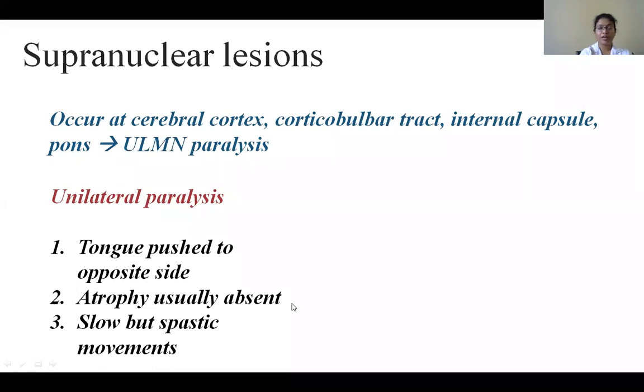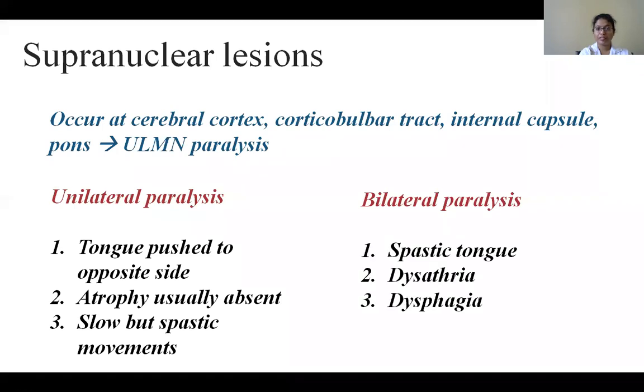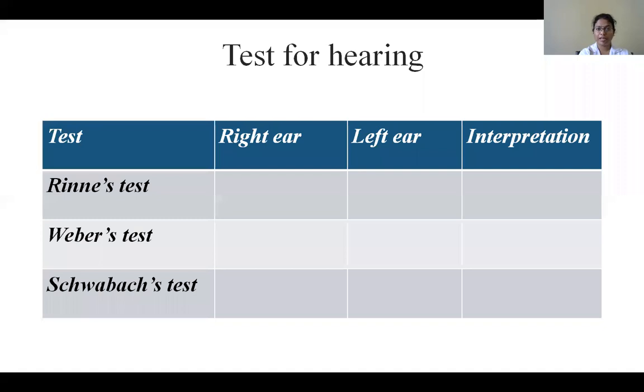And if you look at the movements of the tongue, they would be slow, but spasticity would be present. So spasticity is a feature of upper motor neuron type of lesion. Whereas in case of bilateral paralysis, there would be spasticity, dysarthria, and dysphagia. So this is how you should remember the lesions, that is supranuclear and infranuclear type of lesions. So to summarize,